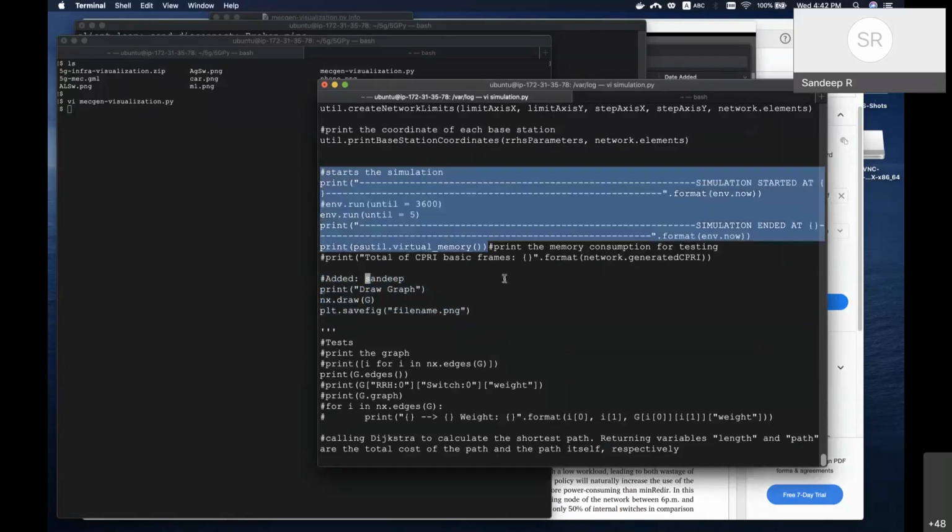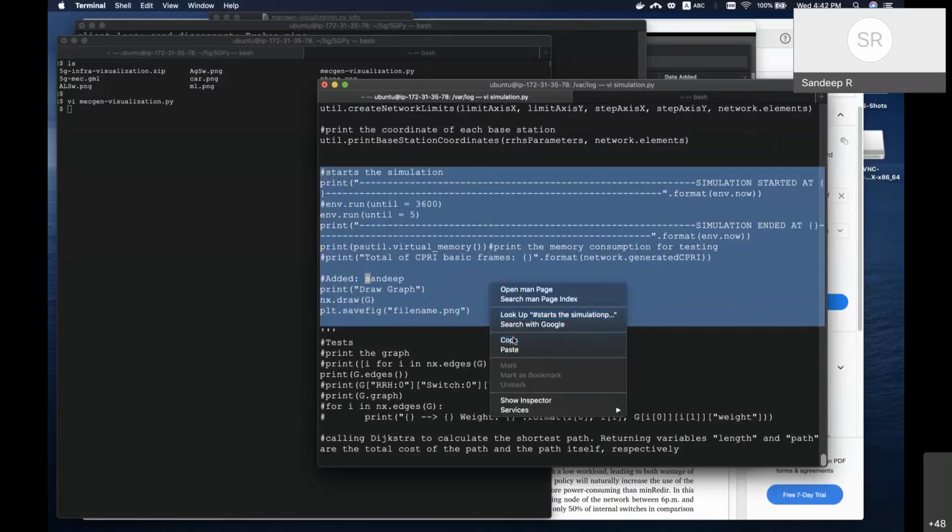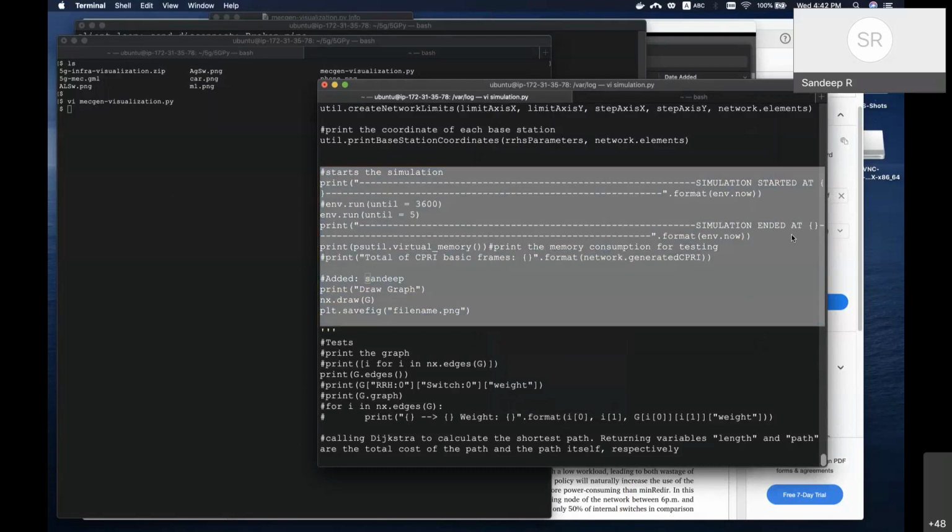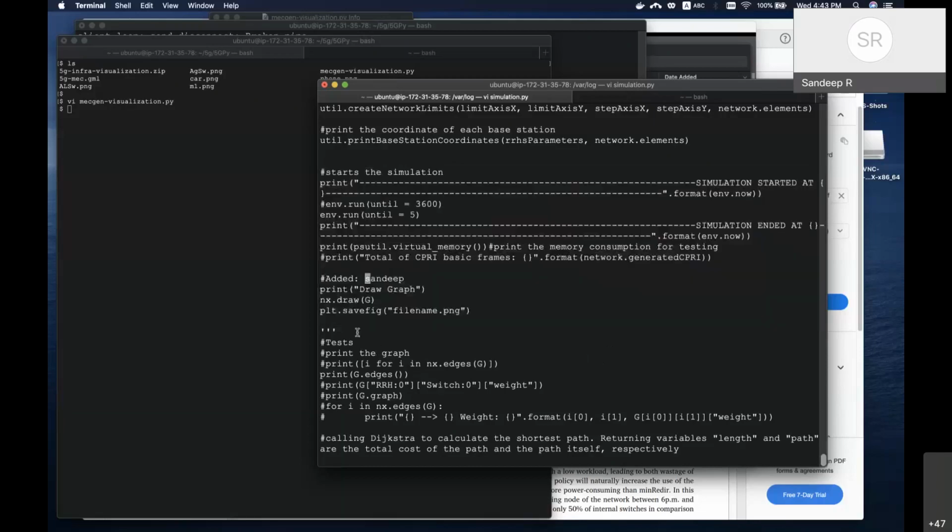Satish, for your quick reference, I will paste the lines in the chat so that you know where to add the code. Look for the line called simulation started, search for that, and right after that, add it. Just look at my screen.